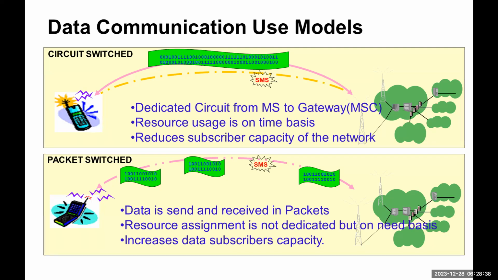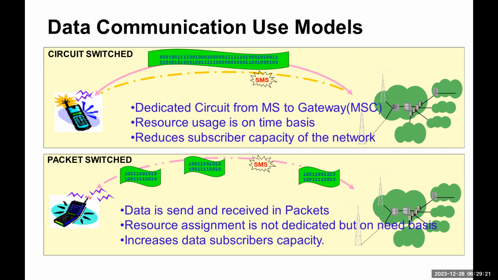First one is the circuit switch. In this mode of communication, a user is first assigned a dedicated resource. In this case, GPRS or GSM, what will be the dedicated resource? It is a physical time slot. And this resource remains permanently with the user till the user disconnects the connection, and the user will transmit and receive data on this resource either continuously or in breaks depending on the application,